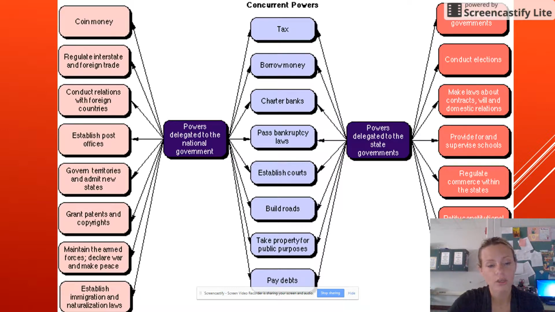So this is a nice graphic organizer for you to go back to, especially when you're getting ready to study for the AP test, so you can look and see which powers are which, because that is something that you will want to know for your AP government test. Those are easy questions that they can put either on the FRQ or on the multiple choice part of the test.